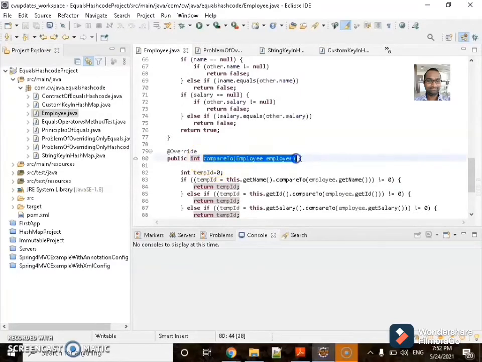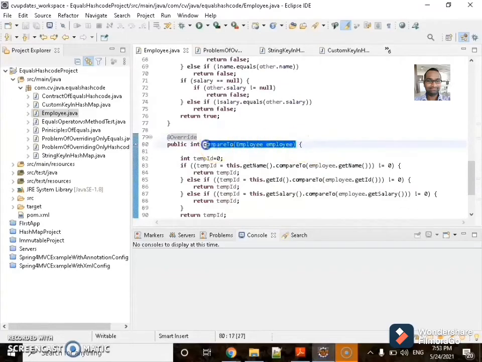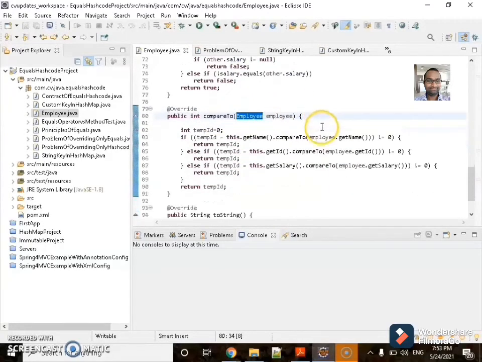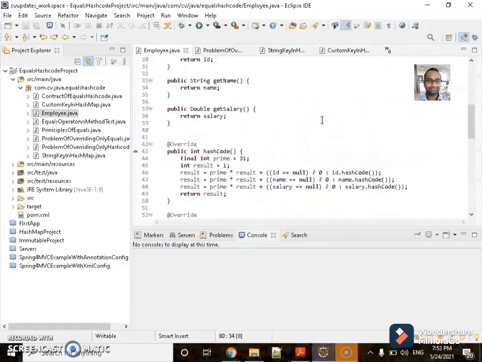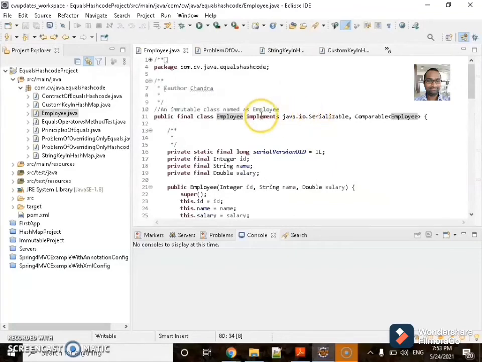I wrote compareTo because Eclipse does not provide the compareTo method as required; it provides it for only one field, so I have written it for three fields. So this is my Employee class.